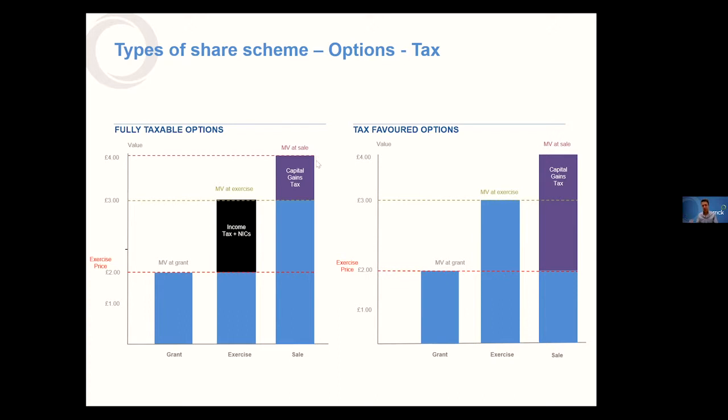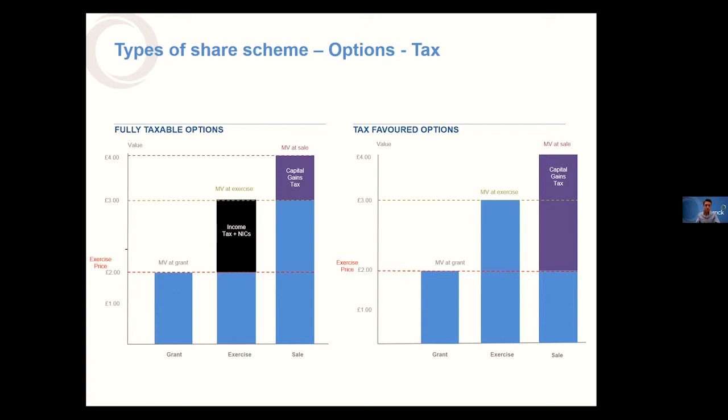Now, absent various techie scenarios in which you've received an overvalue or something, your gain that you make when you sell the shares should be subject to capital gains tax, which, say at the time of writing, is 20%, unless you're entitled to any, say, entrepreneurs relief, now known as business asset disposal relief, which can reduce your gain to 10%. And there's all sorts of reliefs as well, like you're allowed an annual exempt amount, which is just over £12,000 of gain you're allowed to make before you pay any capital gains tax.